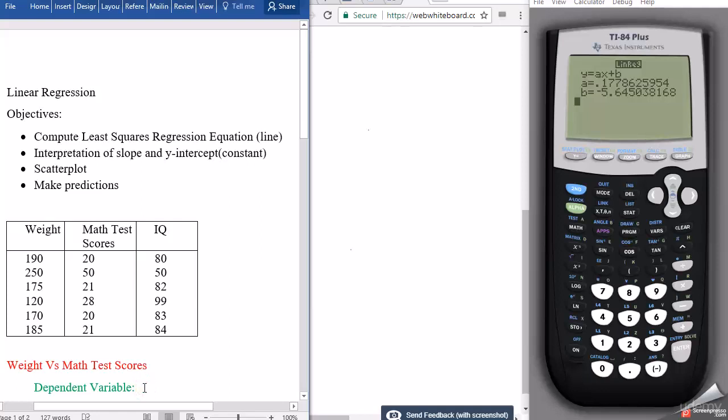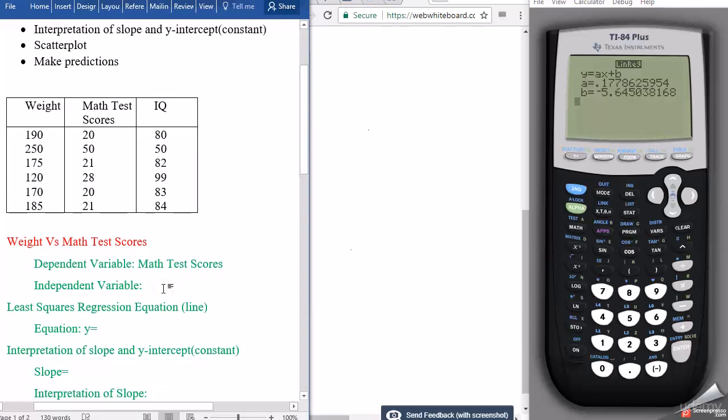We said our dependent variable is math test scores, and our independent variable is weight, which was in our L1. So the equation is going to be 0.178, rounding to 3 decimal places, x minus 5.645. Okay, so that's the equation. The slope is 0.178, and the interpretation of the slope